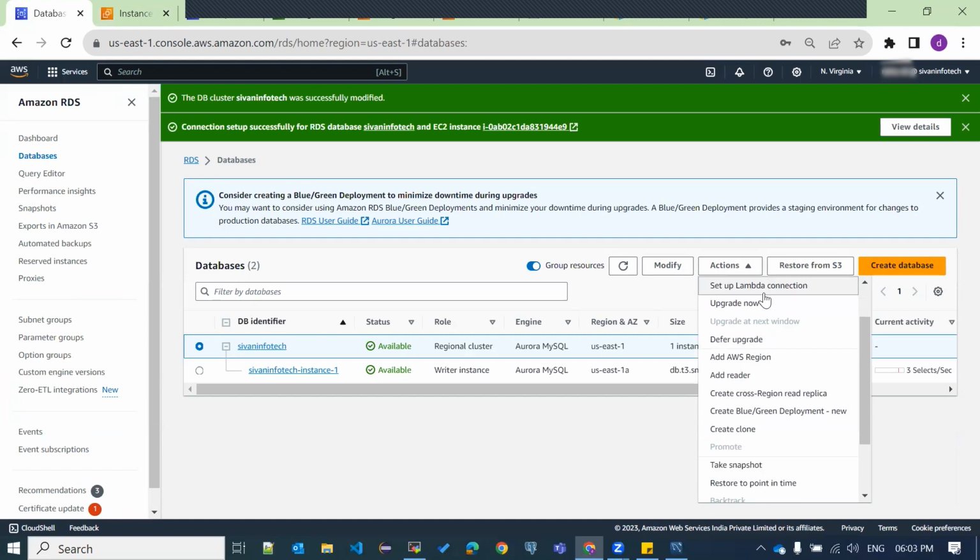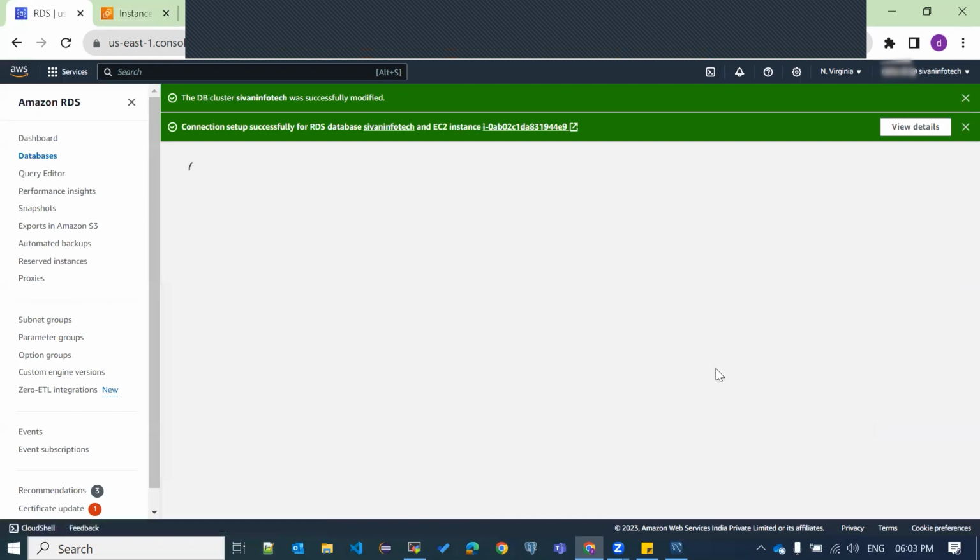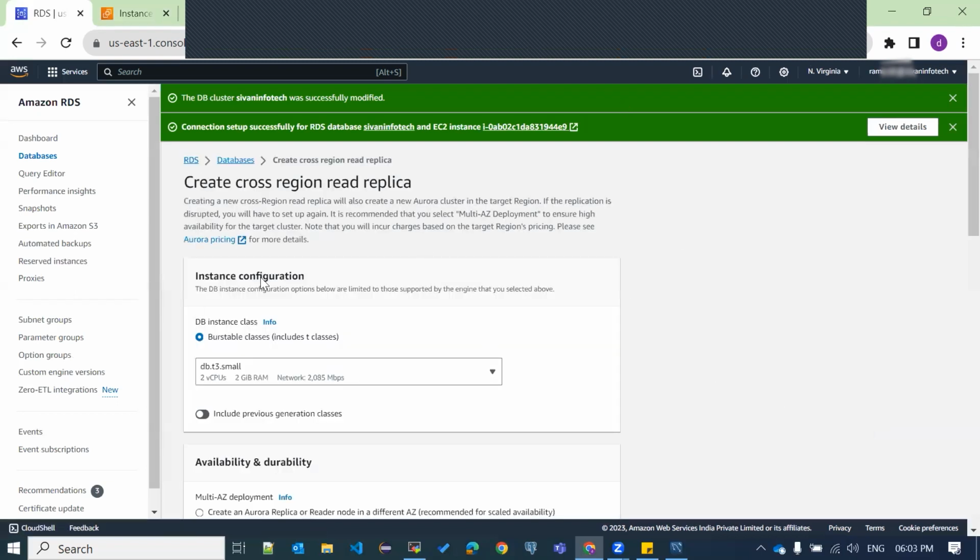In the RDS, we have one option called cross-region replication. What it will do is replicate the exact database in another region, not another availability zone. In another region. Okay. Getting it right? So if you click on this, create cross region read replica, click on that one, create it,